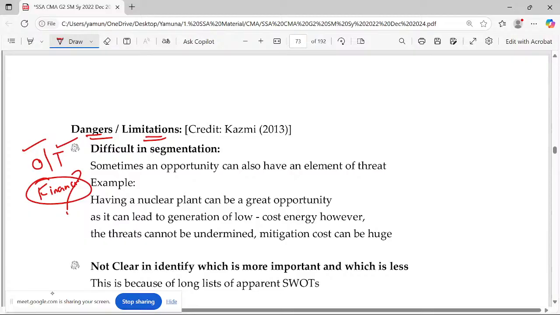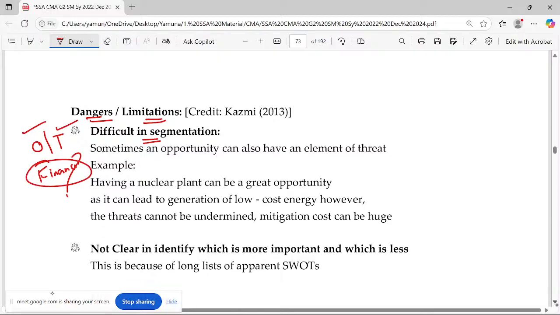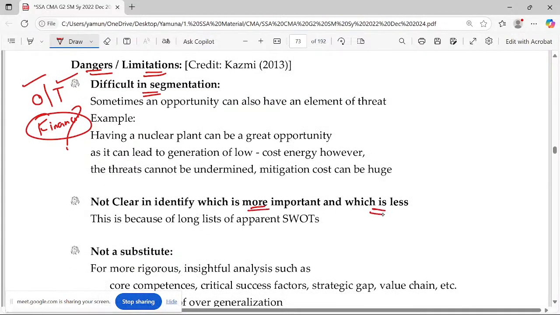So it's not very easy to go for a four cell matrix. It is not clear in identifying which is important and which is less. You cannot give the priority. Probably you can highlight it as a single word, but you cannot give priority, which one is first and which one is next, in the hierarchy. And it's not a